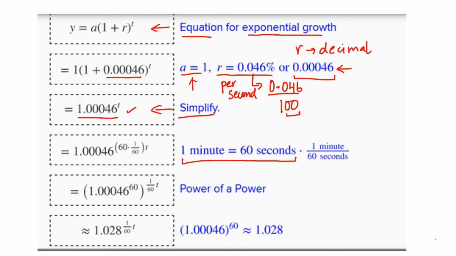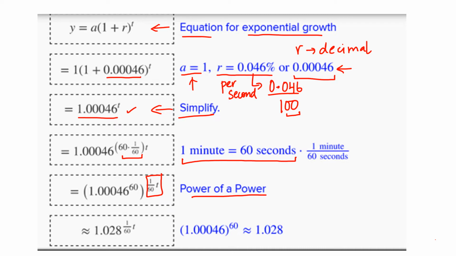So the conversion factor that we'll be using here is this: 1 minute we are going to convert into 60 multiplied and 60 divided. So it's the same thing, right? We are replacing now the power t with 60 multiplied by 1 by 60. Okay. Now, why are we doing this? So that we can include a part of this power inside for this number 1.0046